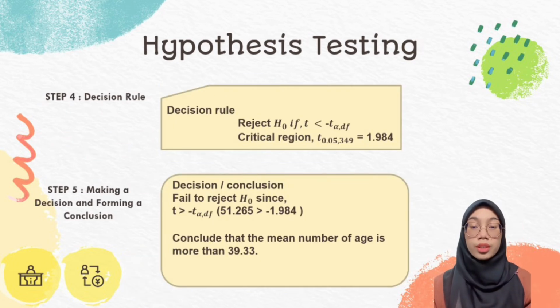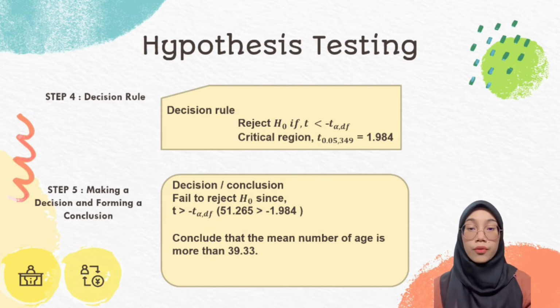Step 4. Decision rule. Reject hypothesis null. Critical region equals 1.984. Step 5. Making a decision and forming a conclusion. Decision or conclusion: fail to reject hypothesis null, 51.265 more than negative 1.684. Conclude that the mean number of age is more than